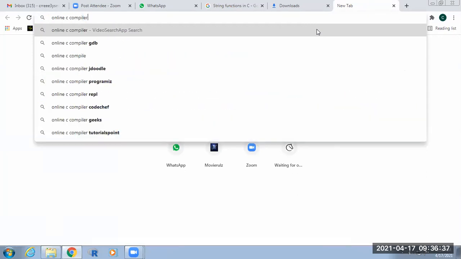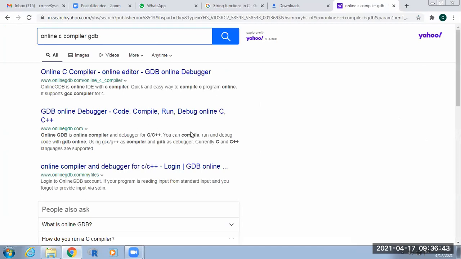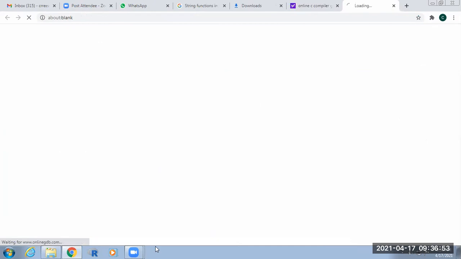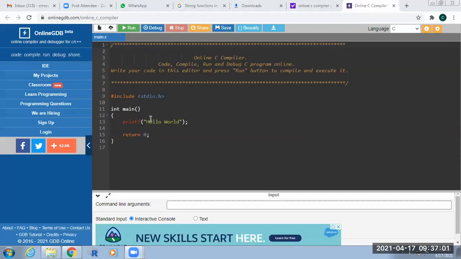By using the online C compiler, I am doing C functions.